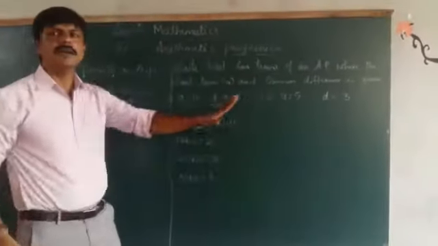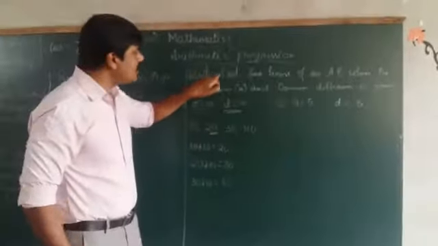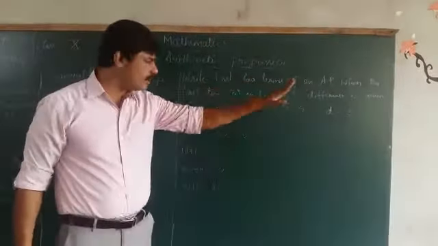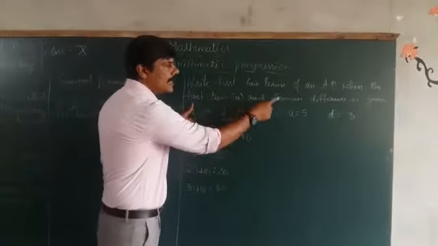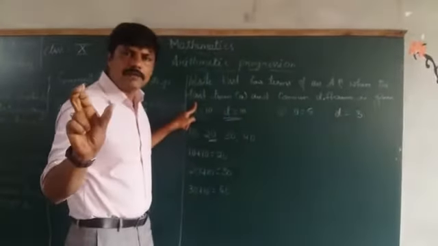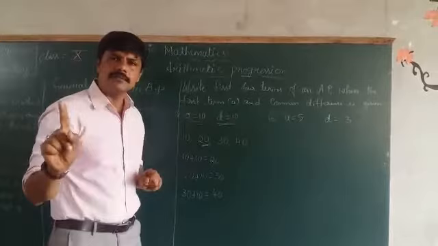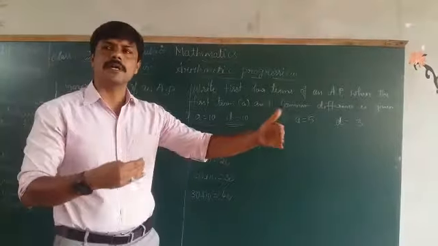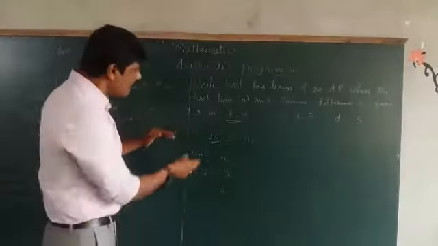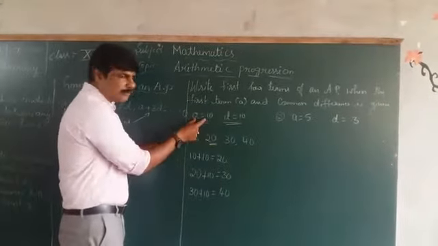Now this is what you are required to do. It is asked, write the first four terms. We have got four terms. What is given? The first term and the common difference. The only thing we need is the first term and the common difference. If you know the first term and common difference, any number of terms we can form.